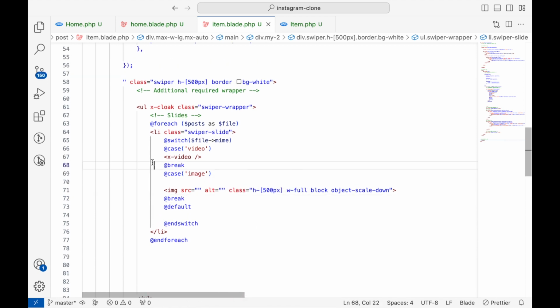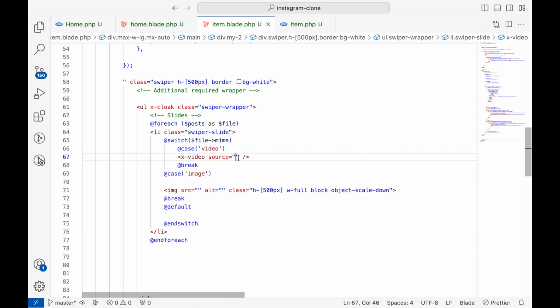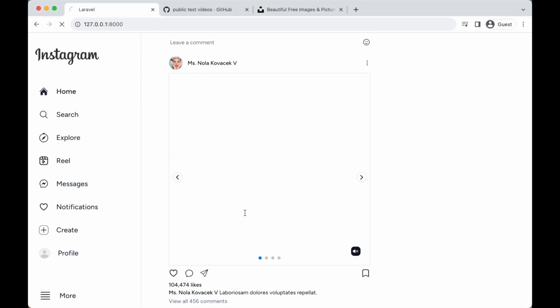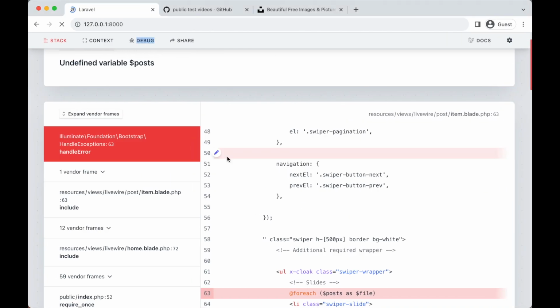All right, so here is how it works: if the mime type is video, I'm going to show a video. If it's an image, we're going to show an image. But also we have to get the URL. So in here for the video, we can say source. We have this source parameter inside our video component, and here we can say file URL. Just copy this one inside the source, and paste it inside the source for the image right here. Now if we go back and refresh, we get an undefined variable post error. Okay, here make sure that it's post media. It's very important. Don't forget the media, otherwise it will give you an error. Now if we refresh,